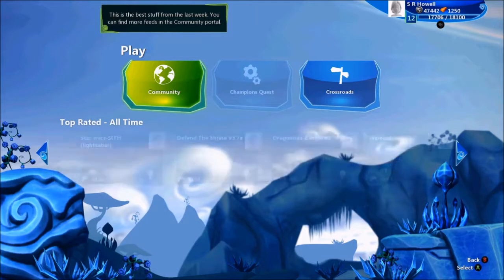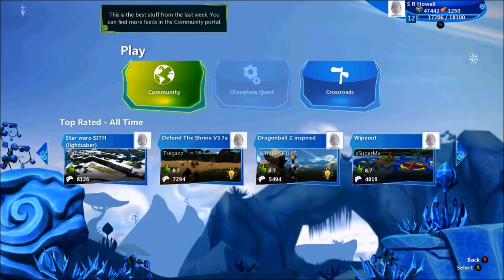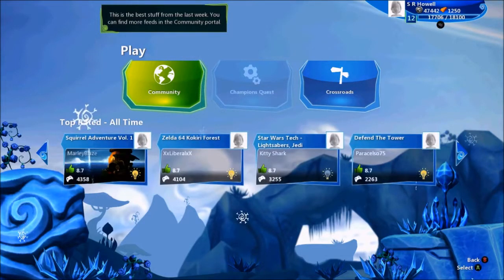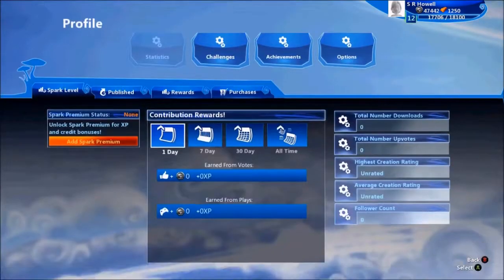This is because the people who made them shared them. So you do have to share your levels. People can't play any of the games you make unless you share them. But I'm not going to play a level someone else made. I'm going to play a game that I played. So I don't go into the community section. Instead, I'm going to press the menu button, which is the back button on my controller,